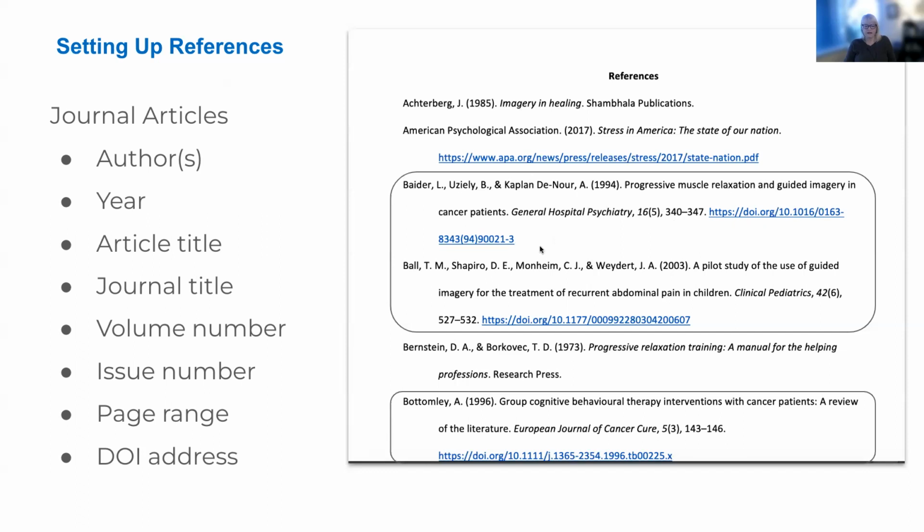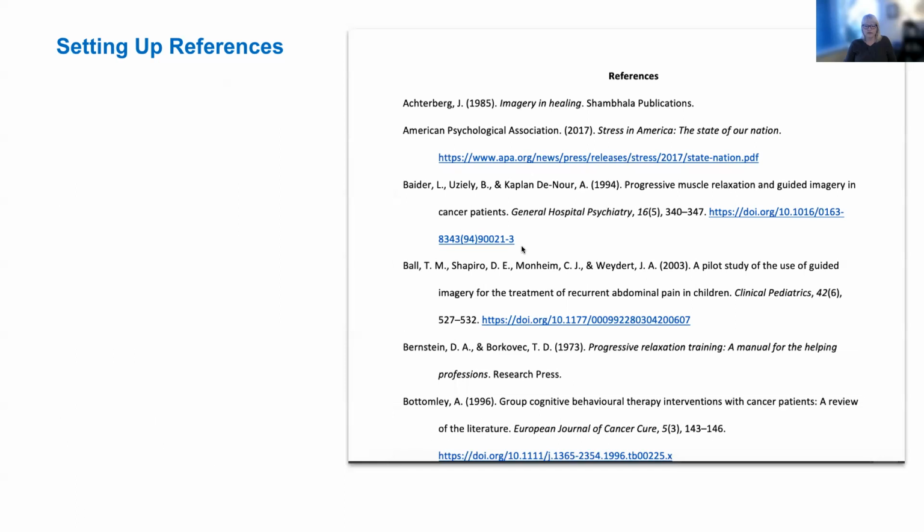https://doi.org, and then the numeral that usually starts with 10. Sometimes if you copy this from the library database, it'll just be DOI in all caps, colon, and then the number. Or it'll show some other kind of URL with your school's name within the DOI address. But all you need to do is take all of that out and just put this as your opening and then this as your numeral, and then make sure that you click on it and it actually goes to that link. So those are journal articles.